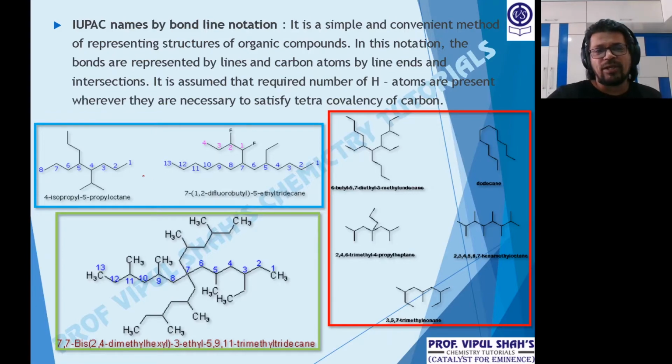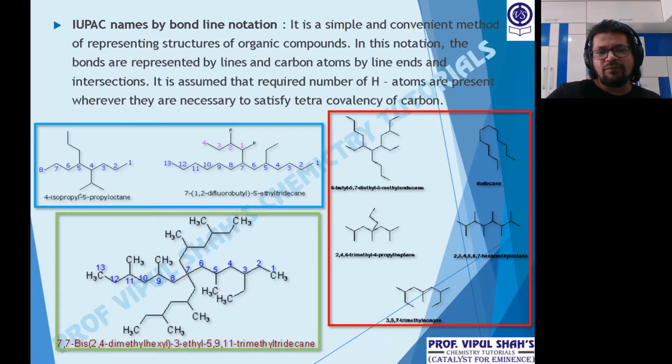Now look here. Here the numbering goes. If I number from the left, 1, 2, 3, this would have come on 4. Now on 4 I would have got 1, 2, 3, a propyl from the left, but if I go from the right, on 4 I am getting an isopropyl group. So a branch having more branches, whereas here on 4 I would have got one straight branch. So again, if I have two branches which are both of same carbon atoms, select that branch which has more branching. That's what is done here.